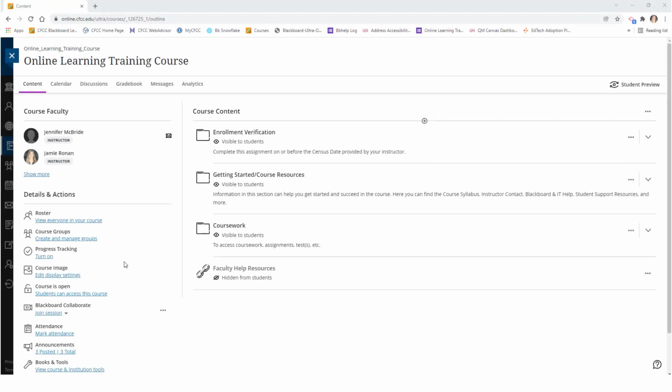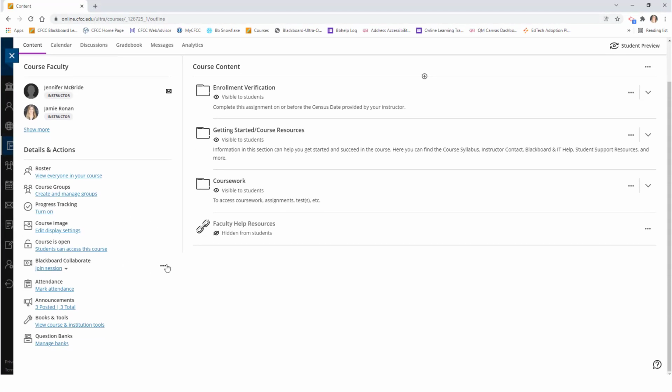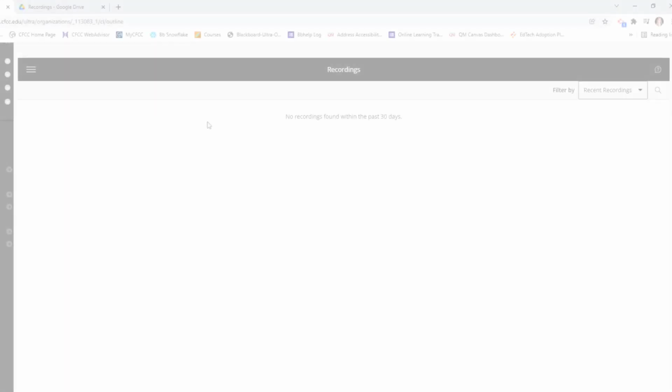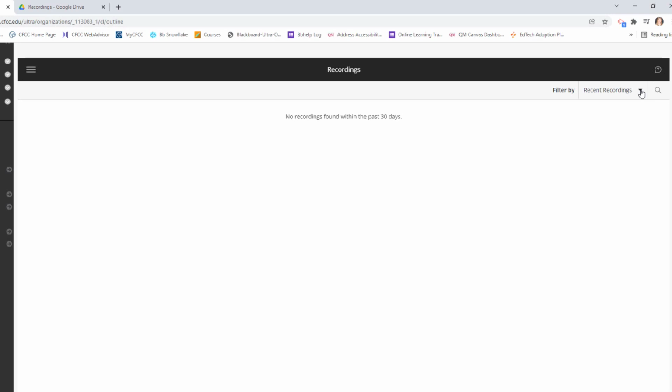In BB Ultra, Collaborate is located under the Details and Actions toolbar. Click on the three dots and then choose View All Recordings. Now that Collaborate is open, in both Original and Ultra courses, you can follow these same steps to download your